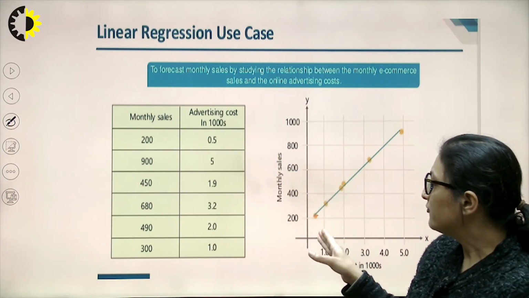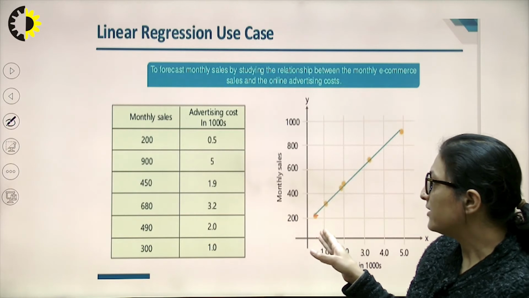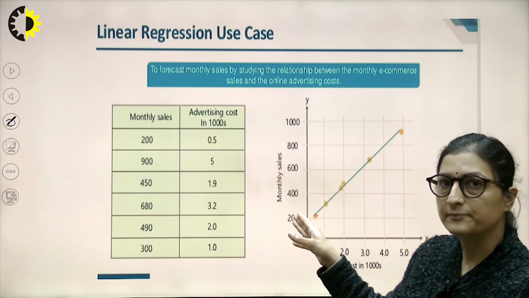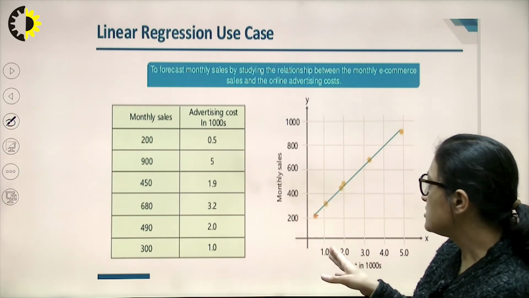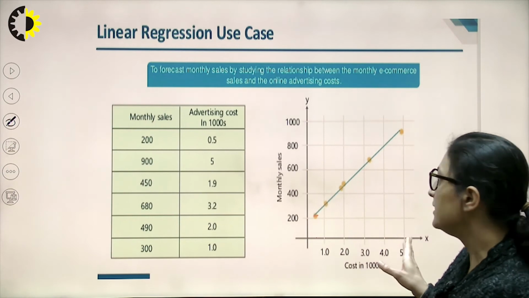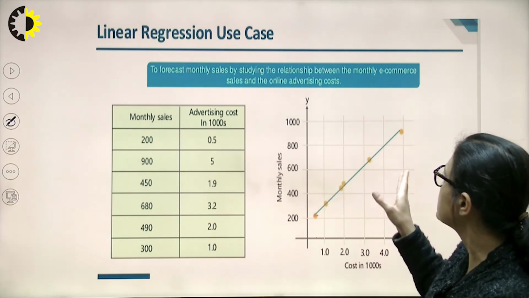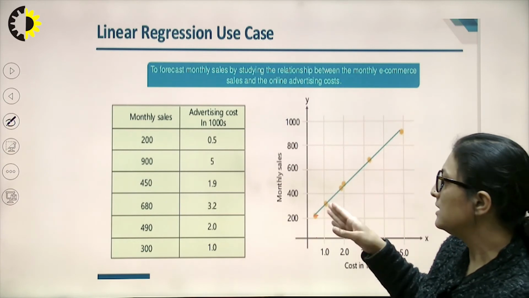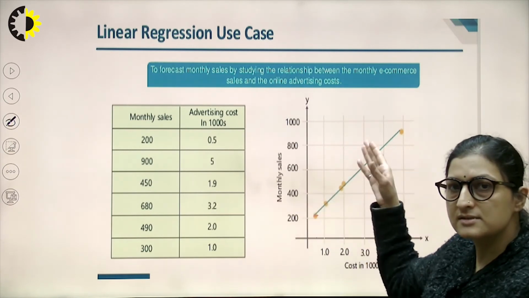Now, if the advertising cost is 0.5, correspondingly the sales is 200. If the advertising cost is 5, then the sale is 900. So, I have plotted the data for these instances here.